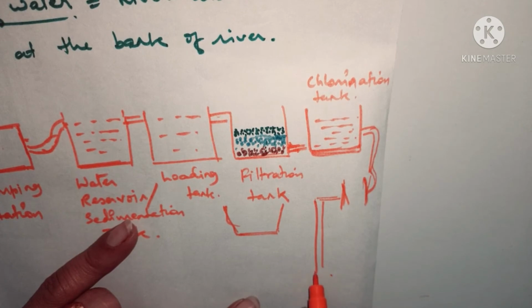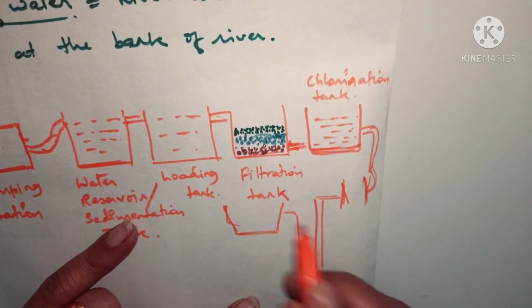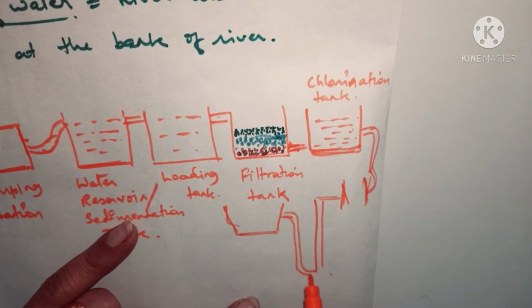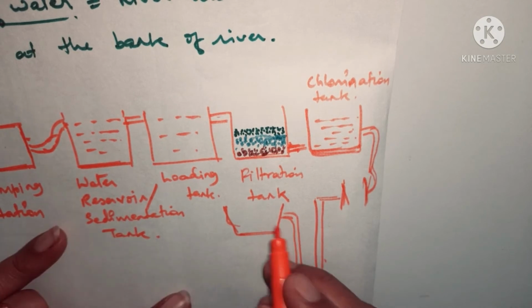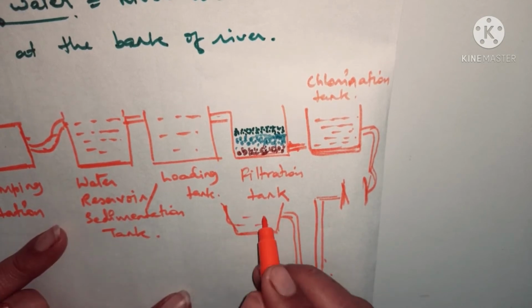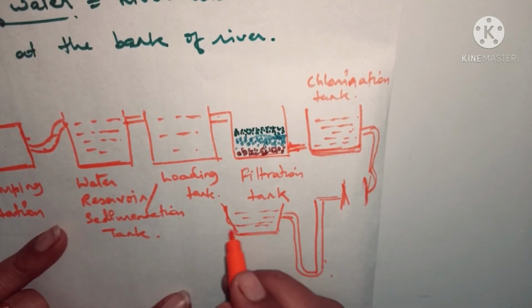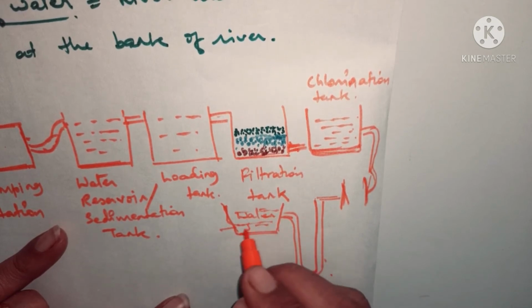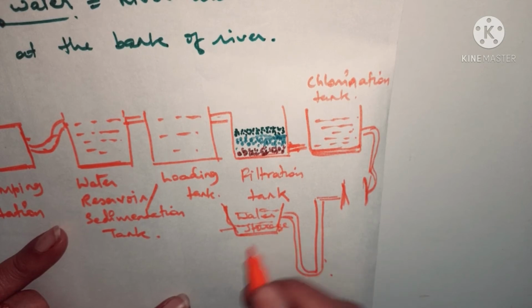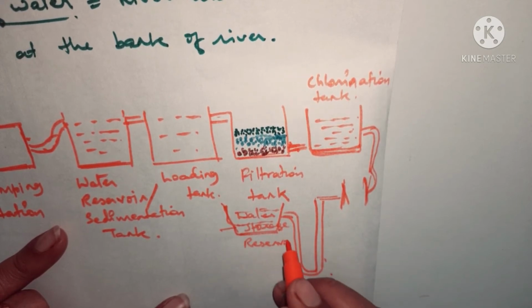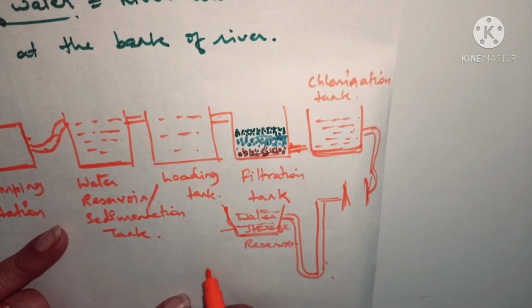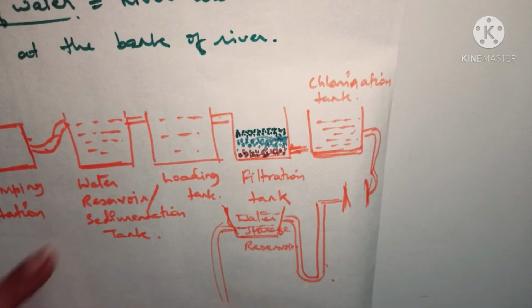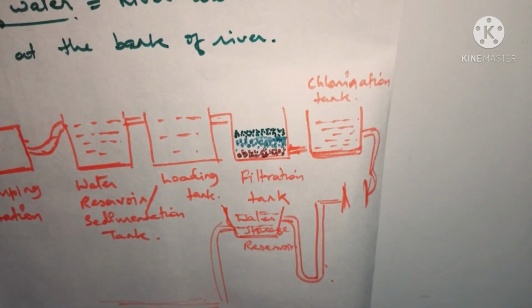From the pumping station it goes up like this, and here it comes to the reservoir, the water storage reservoir, where this clean water is kept. This is the water storage reservoir, where you get the clean water. Then from this height it goes down and passes through the cities.